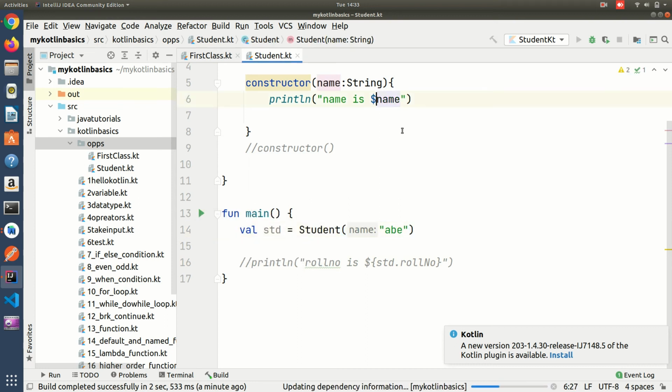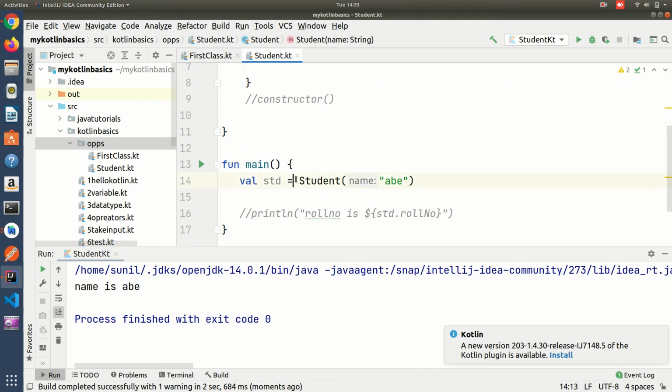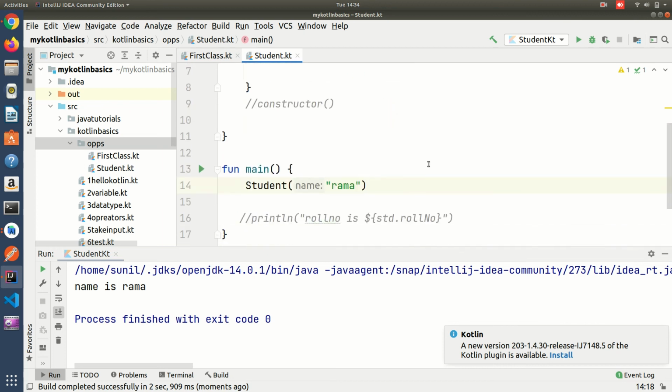Sorry, this should not be required. So this name got printed. If you don't want, you can directly enter the name. So this is how we can access the secondary constructor.